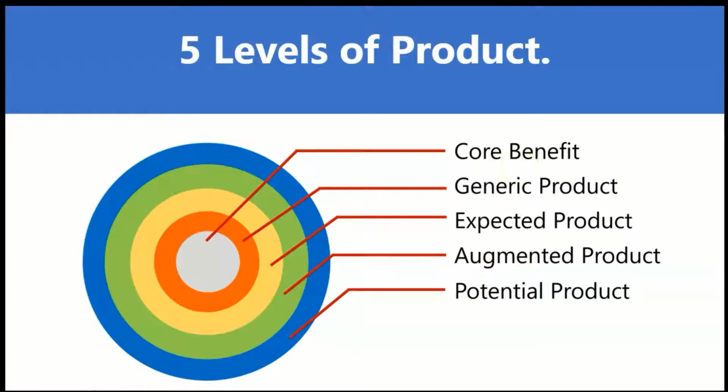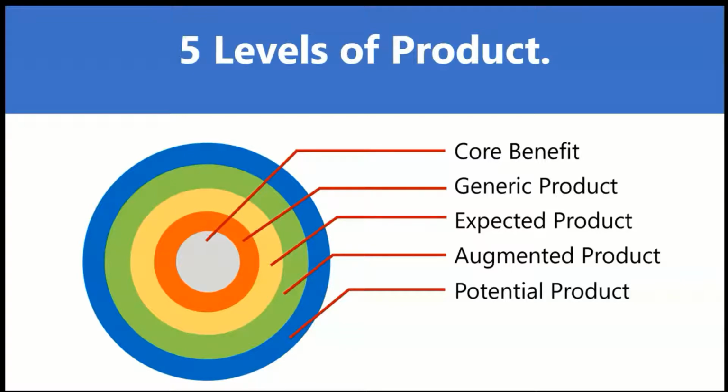The core benefit level is the fundamental need or want the consumers satisfy by consuming the product or service. We'll be discussing each one of them with different examples, but till that moment, let us understand the different definitions of the product levels. So the core benefit is about the fundamental need or want that consumers satisfy by consuming the product or service. Whereas the generic product level is a basic version of the product containing only those attributes or characteristics absolutely necessary for its functioning, with no distinguishing features.